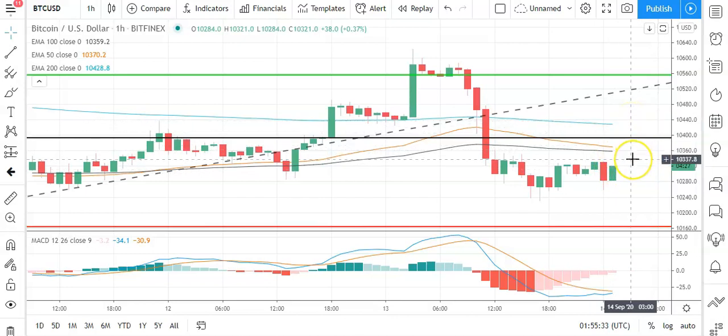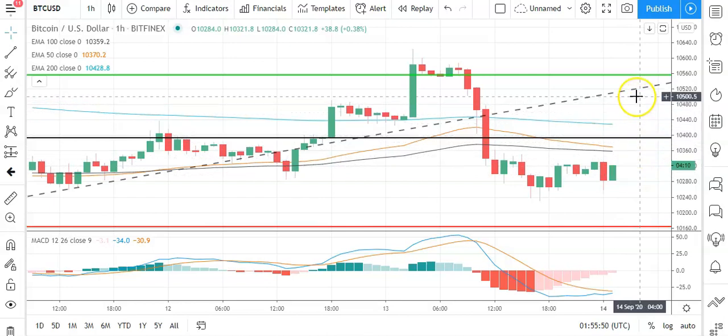Looking at the EMAs, however, a different story. We're seeing the 50 narrow on the 100 and pull back from the 200, suggestive of a bearish day ahead. So, as mentioned, a move through to 10,400 levels through that pivot, to then target resistance at 10,500, will be key